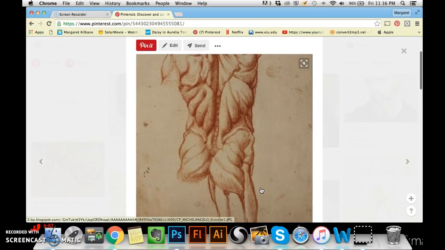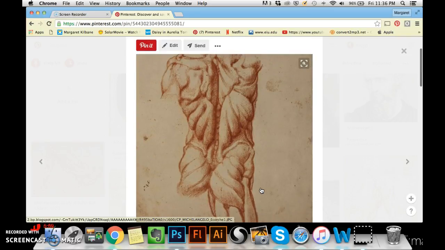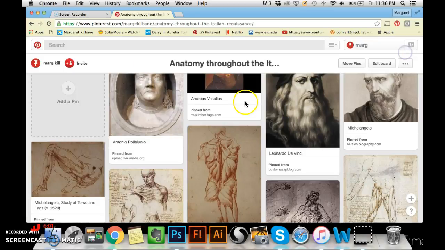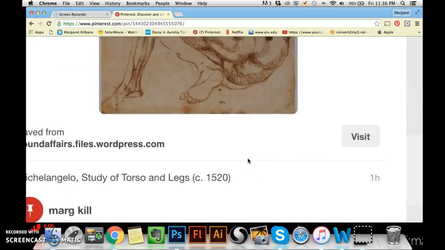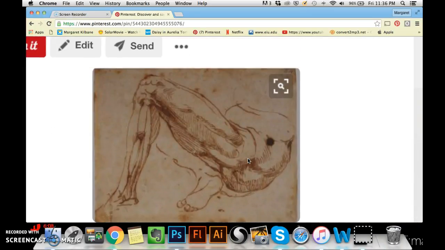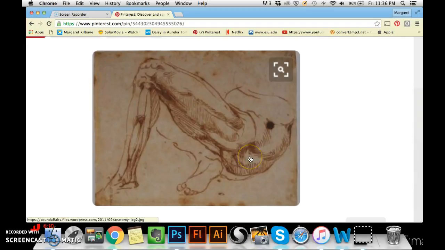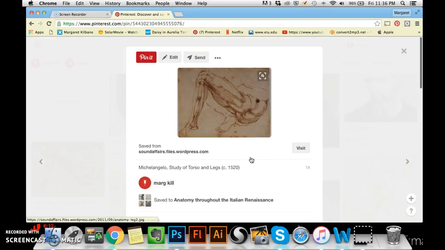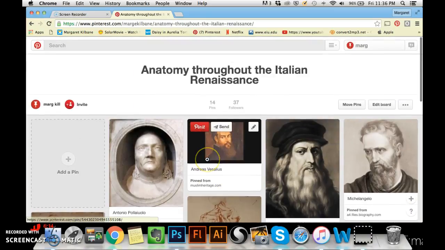It shows the muscles. And then here is another study of the leg, which I thought was lovely. So those are the artists that I'm focusing on. So, I think